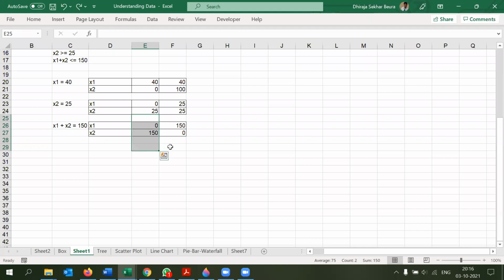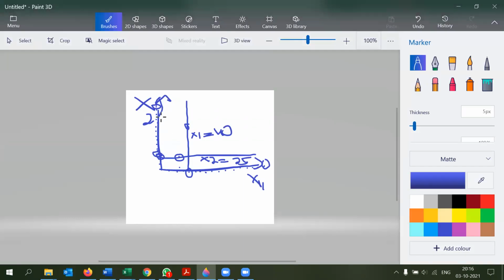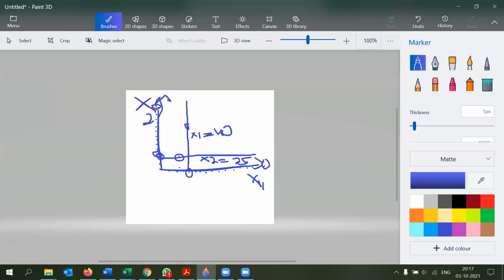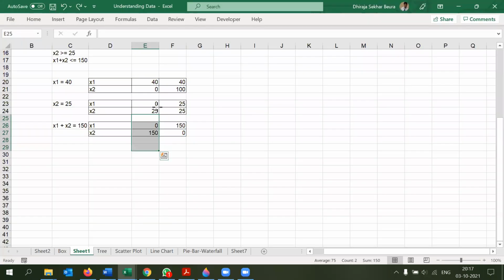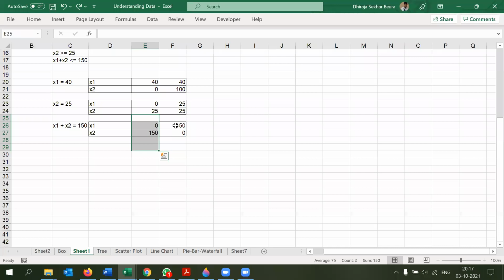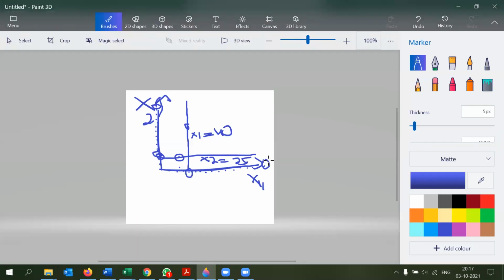So for the first one, we will put x1 on the horizontal line, no? No, this is vertical. So this is 1 and this is 2. Which one? X1 is 0, so the 150 will go on the x2 axis, meaning the vertical axis. Perfect. First point here. And the other one, (150, 0), it will be this one, right? Yes, correct. Perfect. Let's join these points.